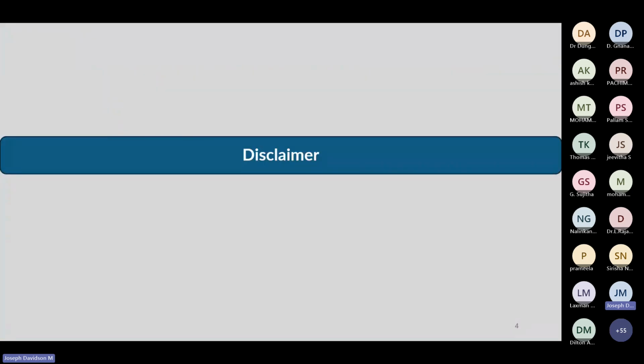So before that, a small disclaimer. The ML models or the segmentation models that I'm going to talk about, I'll be using the Python built-in models. I have not done any work on improving any of the models. We have not produced any new models. We have used only the already existing built-in models.